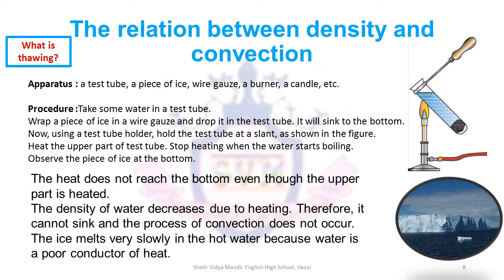When we learnt about convection, using potassium permanganate crystals in a beaker of water and heating them up, we learnt that when water is heated, it becomes less dense and it rises up. It goes up, then it cools down, becomes more dense, and then it comes down. Once it's heated up again, it becomes less dense and it rises up again. Then it cools down, becomes heavier, more dense, and it settles down.